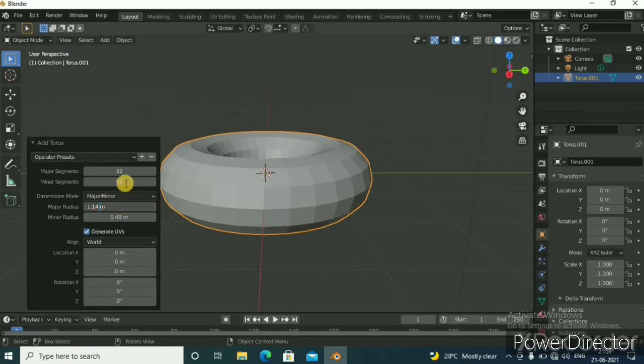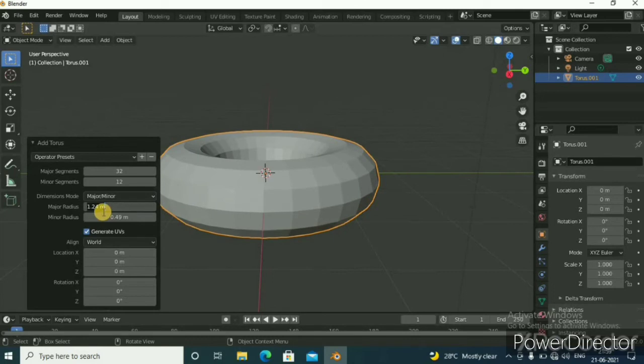There are three options to change this. As I'm changing, double click on this section, or you can click those arrows for increasing and decreasing.